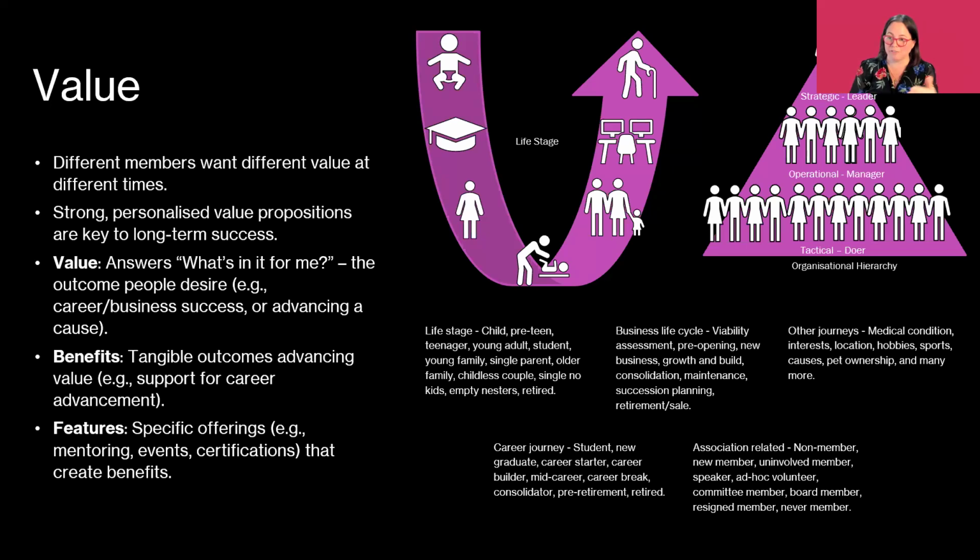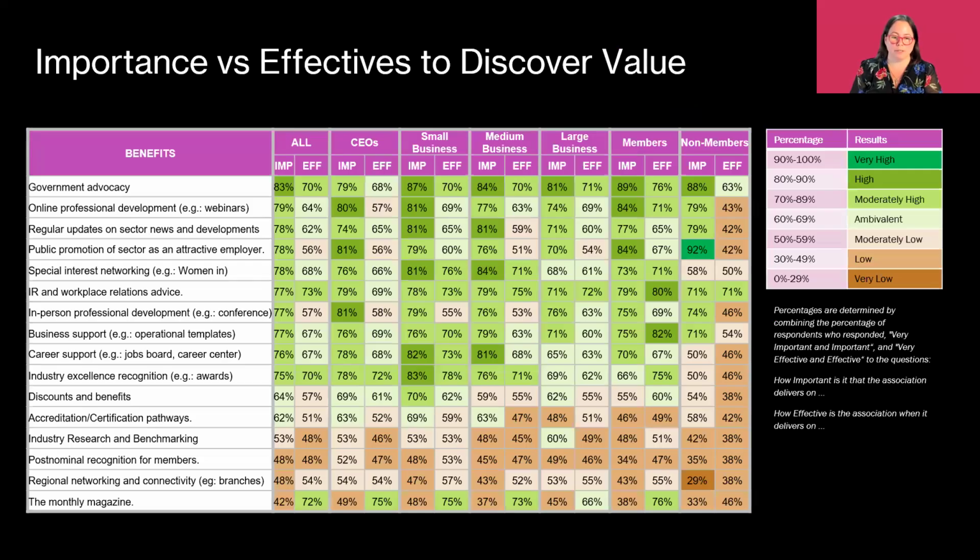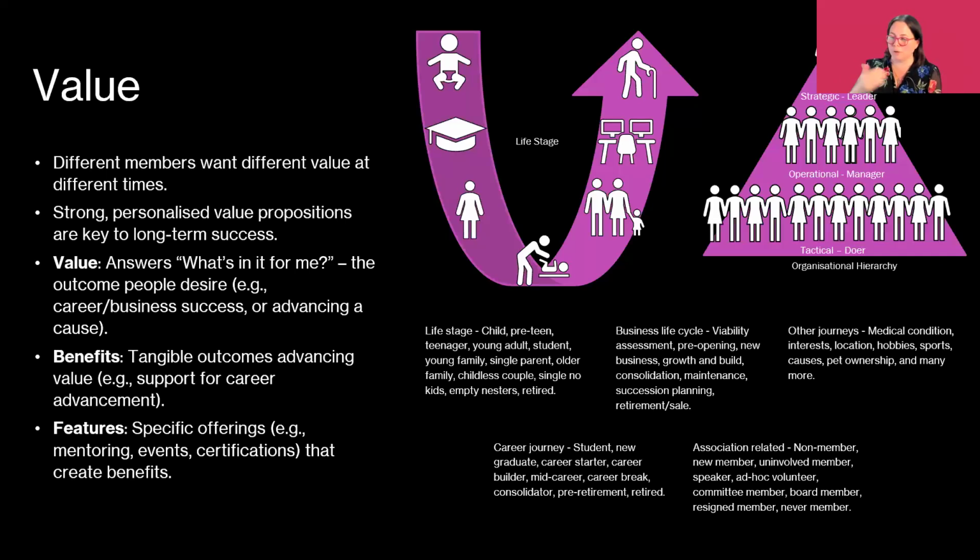Now, sometimes you'll find different segments are appropriate at different times based on their association journey, their career journey, whatever other journeys they might be on. Be open to it and have solutions, and understand what those critical transition points are within their career or their business or the cause, where they're going to potentially need more help from you and therefore be more sticky. Is your membership model set up to allow that?